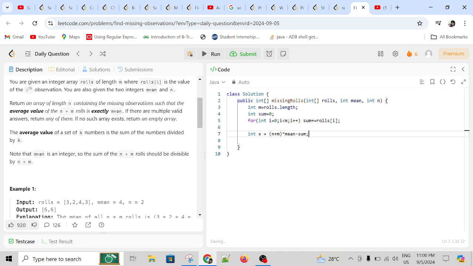So what I will do, I will make a variable equal to this, that is the amount that we will distribute equally to the n numbers. Okay, these are the ways. So